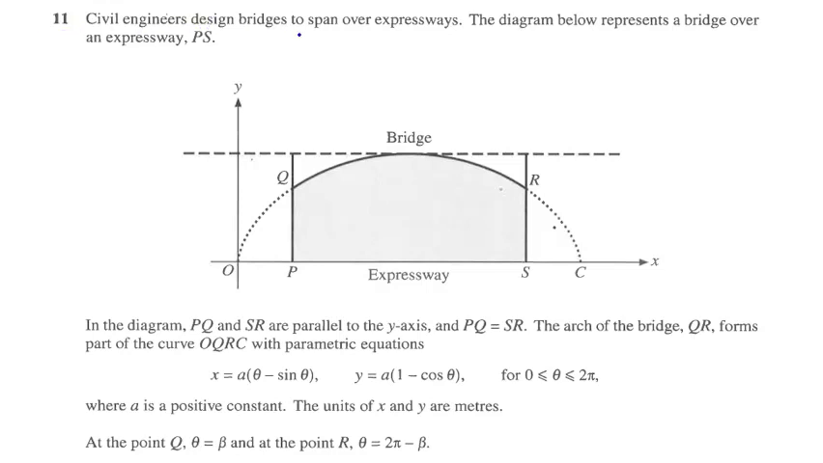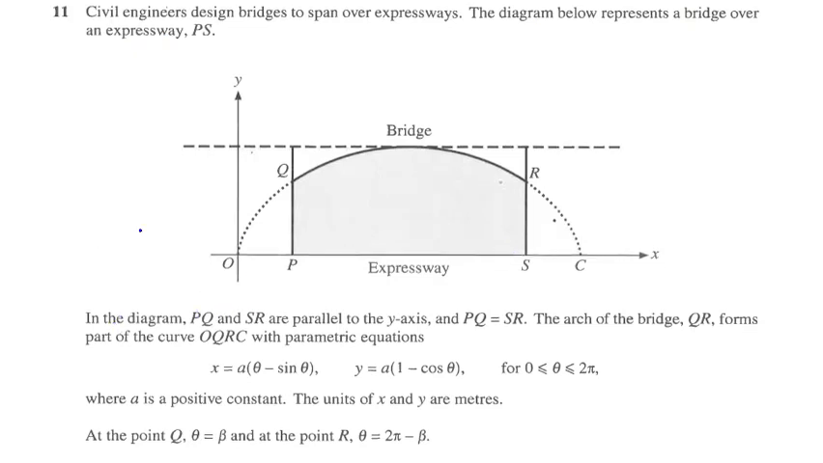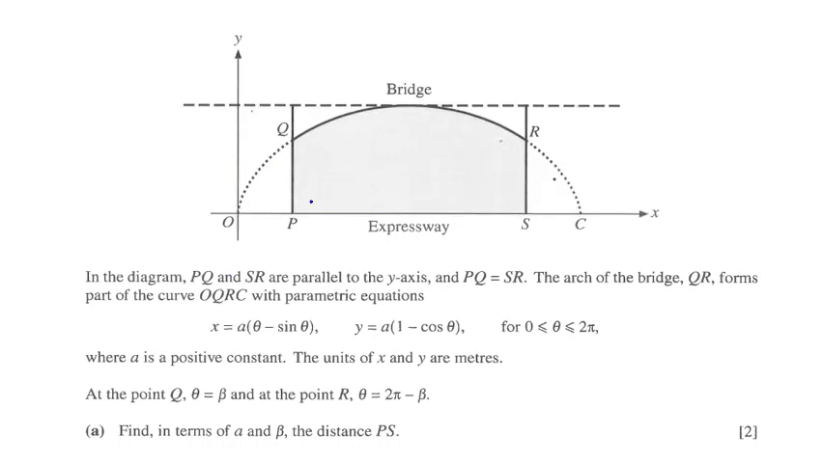Cambridge 2021 Assessment International Education, 2021 H2 Math Paper 1, problem number 11. Civil engineers design bridges to span over expressways. The diagram below represents a bridge over an expressway PS here. In the diagram, PQ and SR are parallel to the y-axis, so we know it is 90 degrees, and